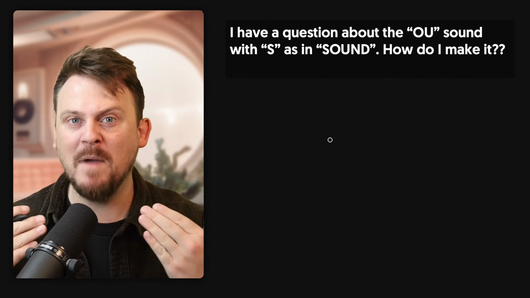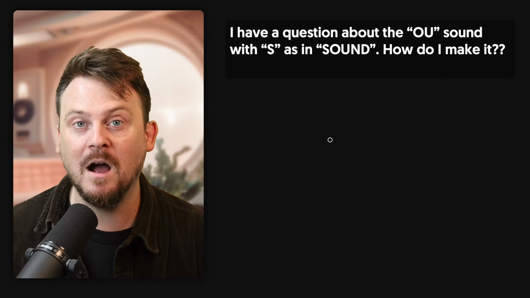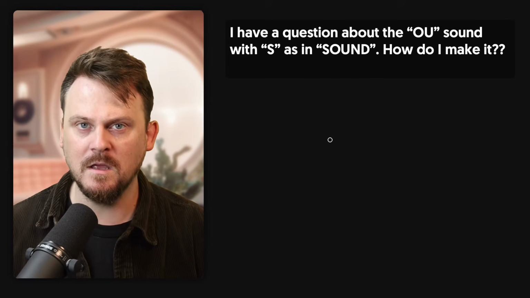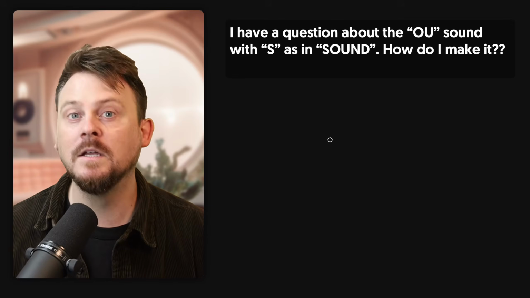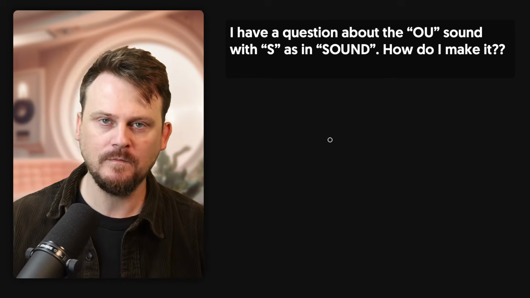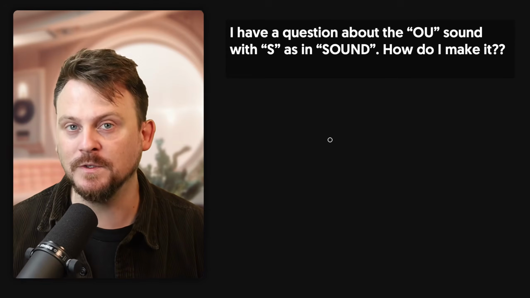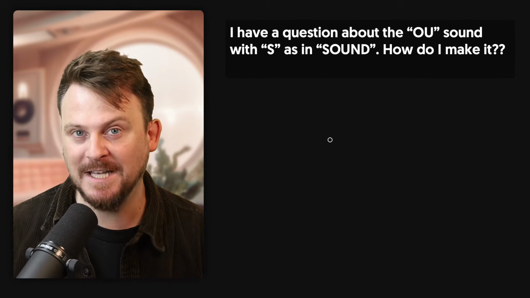Nothing's changing with my mouth shape, as you can see. Nothing's changing, right? Static, fixed. But we also have other sounds that are diphthongs, not just the vowels. And OU is an example.